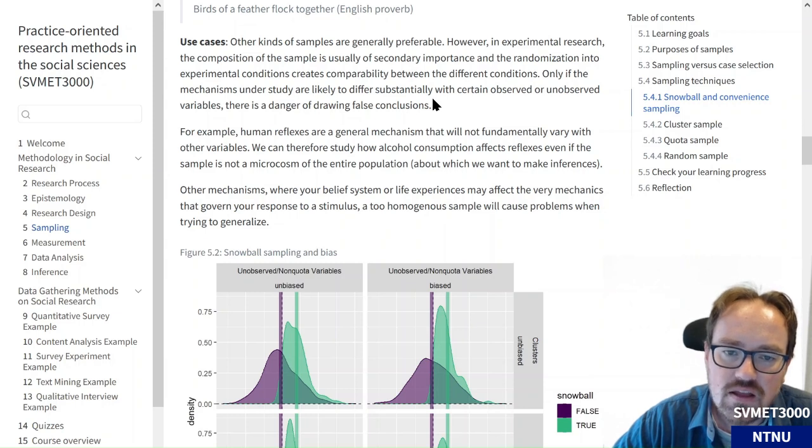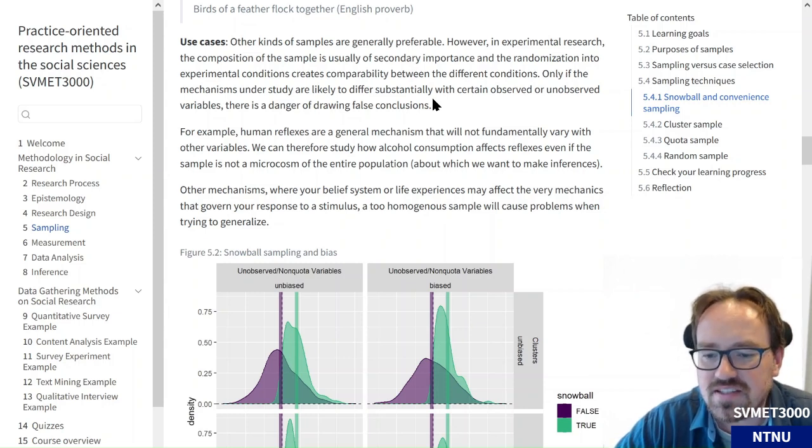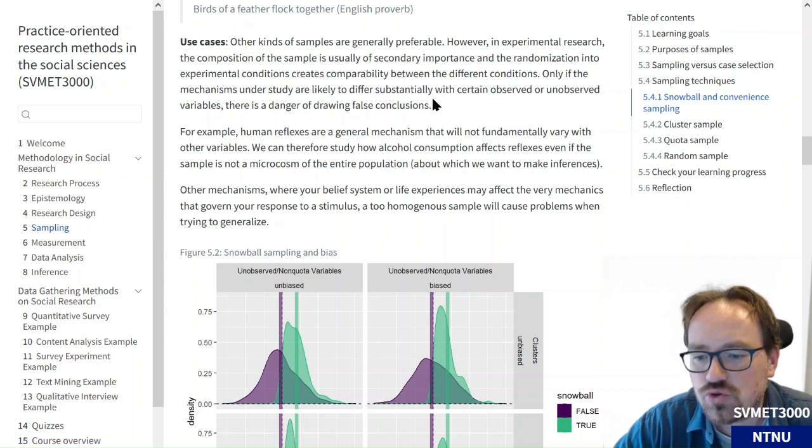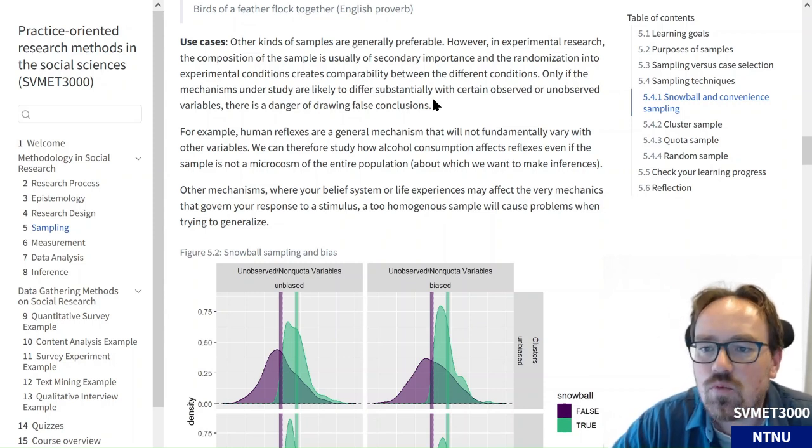That means that we used medication that is designed for white males to treat black females, for instance. And that wasn't the best treatment for them because research didn't consider the diversity of the sample